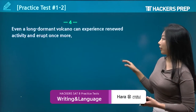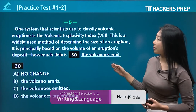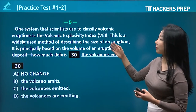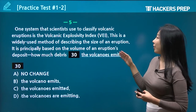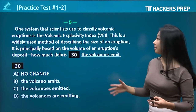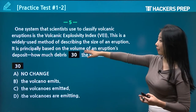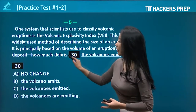Even a long dormant volcano can experience renewed activity and erupt once more. One system that scientists use to classify volcanic eruptions is the Volcanic Explosivity Index, VEI. Okay, so abbreviations, we're just going to read it VEI. This is a widely used method of describing the size of an eruption. It is principally based on the volume of an eruption's deposit, how much debris remains,